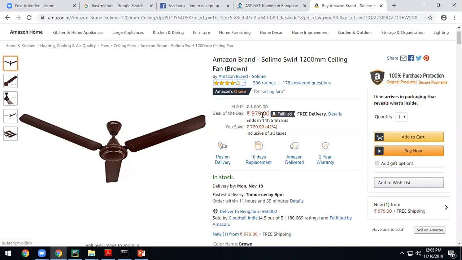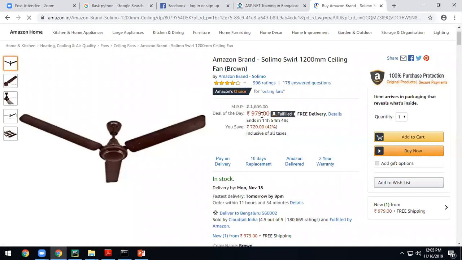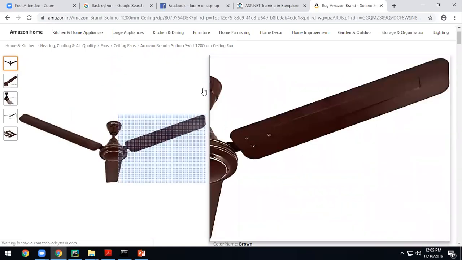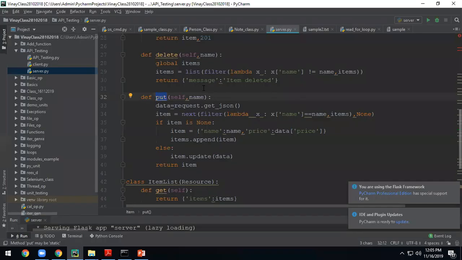Now every time you have to refresh and see. Otherwise, if you have closed this, once again you have to come to this page, select this product, and come and see. I don't want to do all that. I'll have a method which will talk to the API, one more software piece. From there I'll fetch the data and show it. It's like automated.